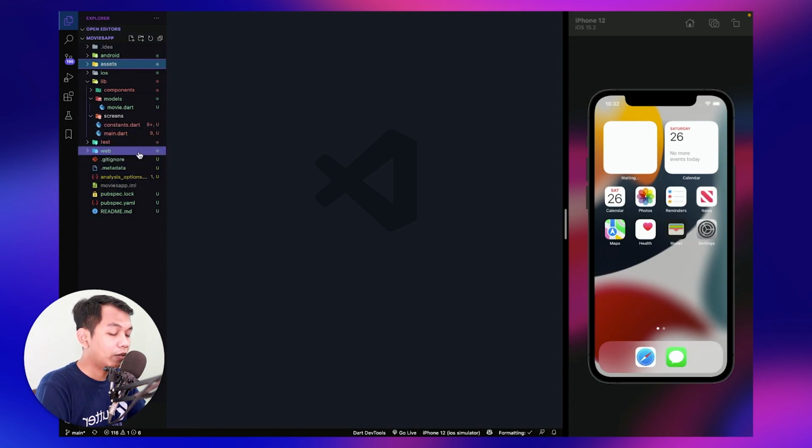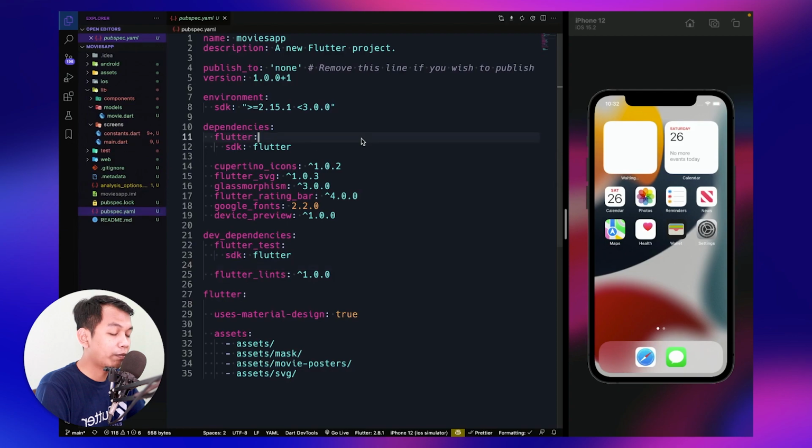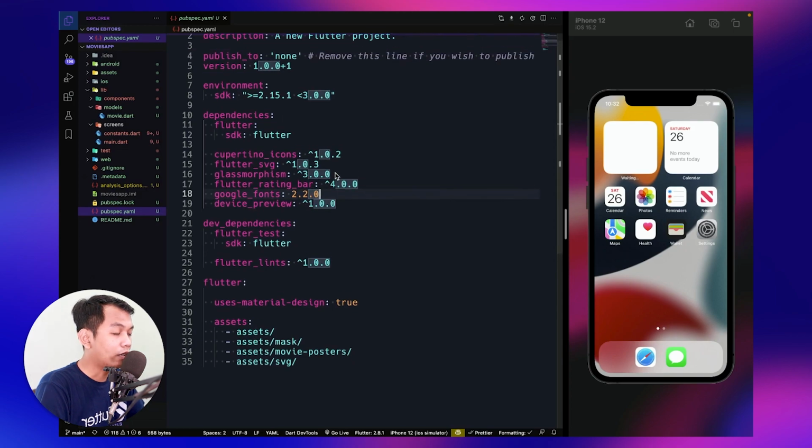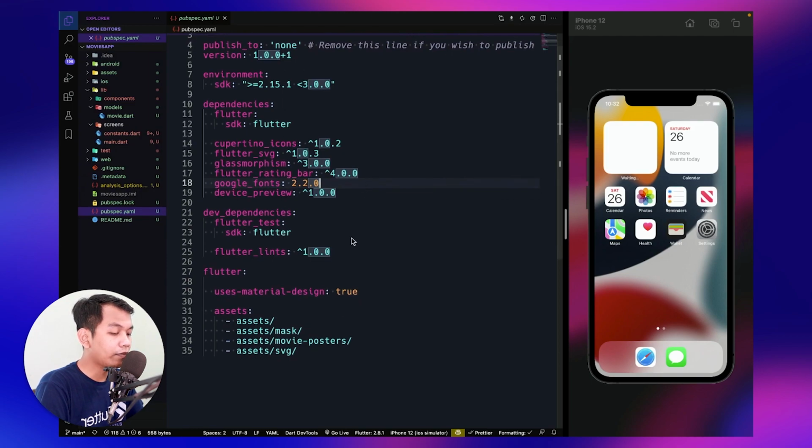Okay, so let's check our pubspec.yaml. In this pubspec.yaml, I have prepared the packages I use in this project, like Flutter SVG, Glassmorphism, Flutter Rating Bar, Google Fonts, and a package for previewing our Flutter app on many devices.